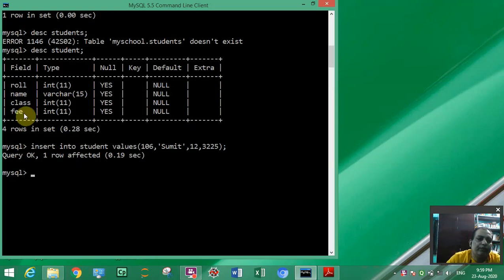Okay, but suppose we do not know fee and class, we know only roll number and name. Okay, so in that case how to enter data in the table? So for that what you have to write: insert into, same syntax, the student table, but whichever fields we know, those field names you have to provide in brackets.